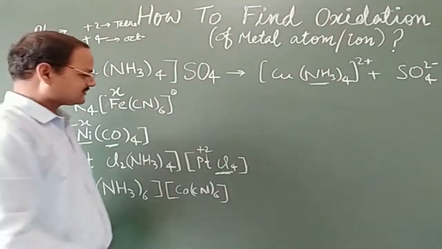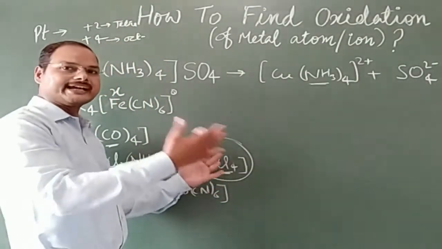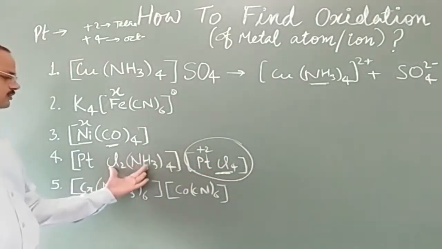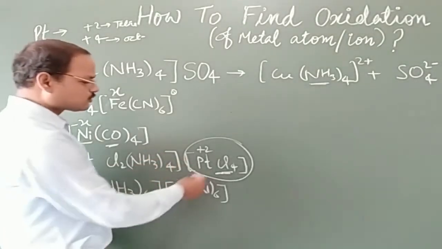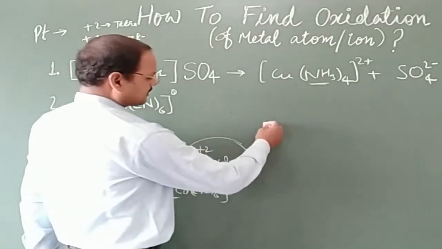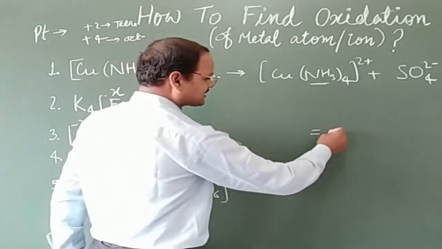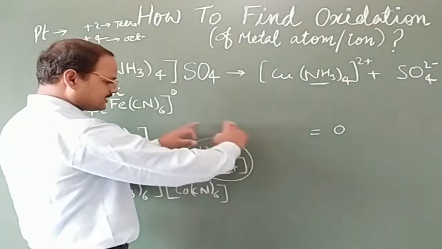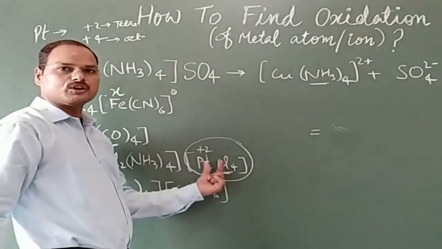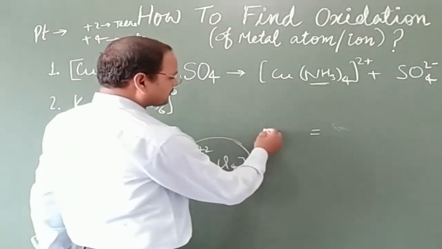Let's see. To find the charge on this ion, what will be the charge? It will be negative. Why? Because this sphere is towards the right side, it means it will be negative, and opposite to that the left side part will be positive. Let's find the overall charge present on this ionic sphere. Here we know the formula, which I have already explained, that the sum of the charges or oxidation states of all ligands and metal should be equal to the charge on that sphere.